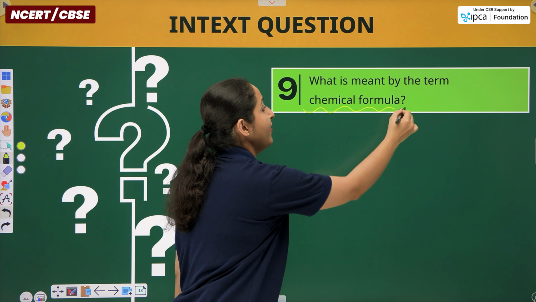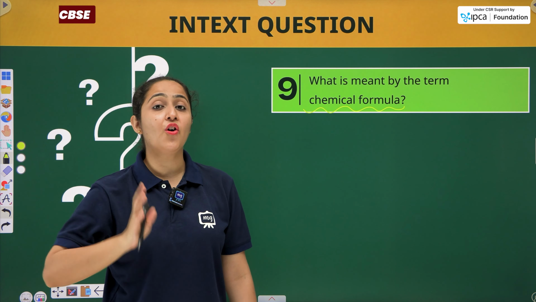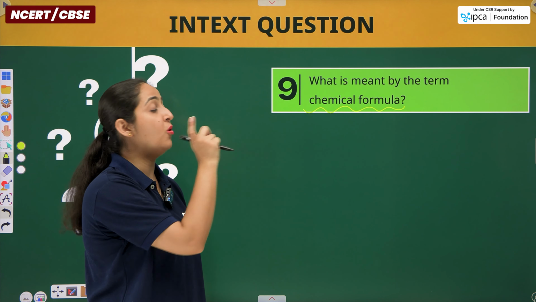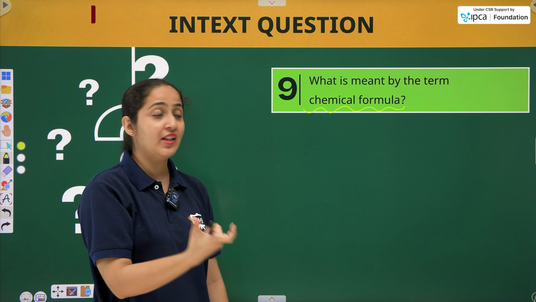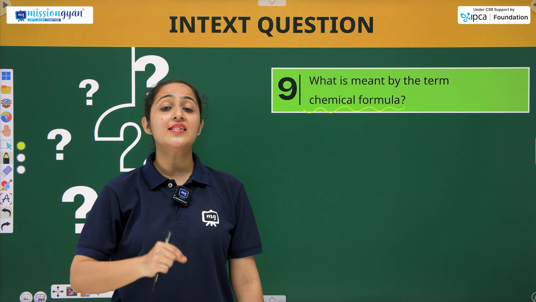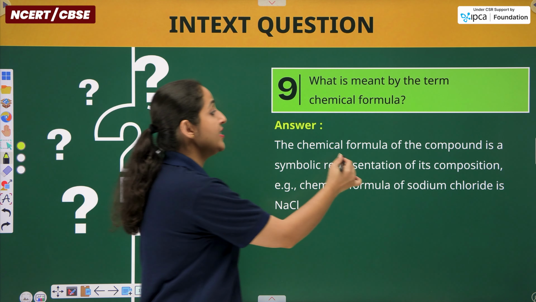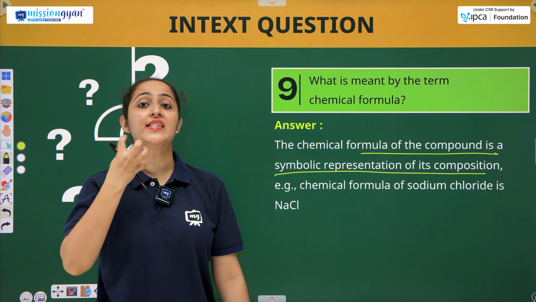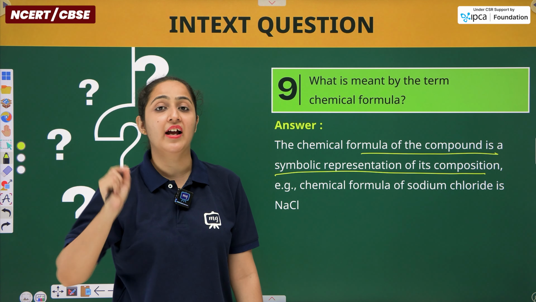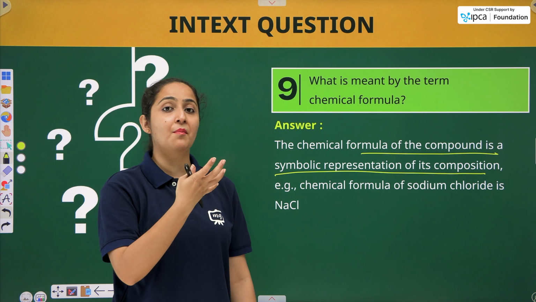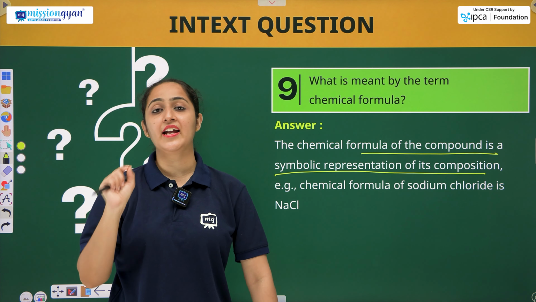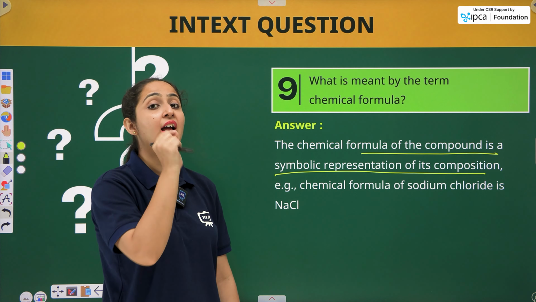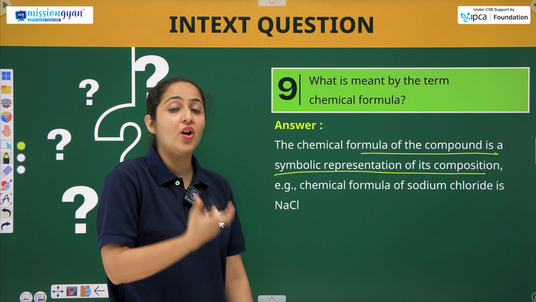So this is what we have been writing in the previous questions. Chemical formula is the symbolic representation. हम क्या करते हैं, जो भी आपको chemical compound दिया है उसको हम symbols में ही तो convert कर रहे हैं to get the chemical formula. So it's the symbolic representation of the composition, जो compound किससे बना है. So if I say potassium nitrate, so you know this compound is composed of potassium and nitrate ions. So potassium nitrate, how to write the chemical formula? KNO3. So this is a symbolic representation.